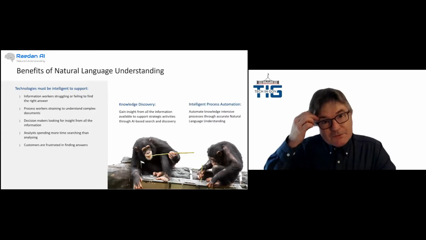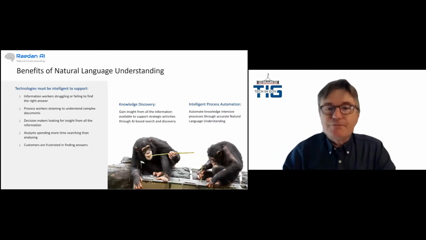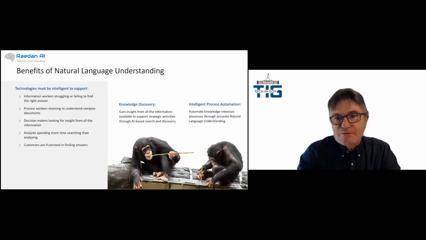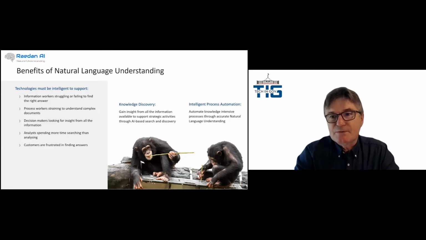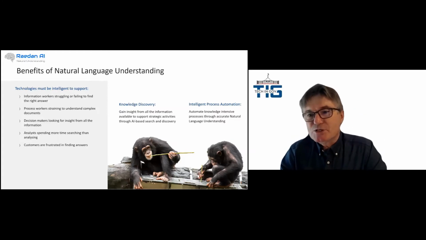If we achieve this, we'd be a long way forward in knowledge discovery, finding information, understanding information, connecting with external sources and things like that. We'd also be in a much better position for intelligent process automation.